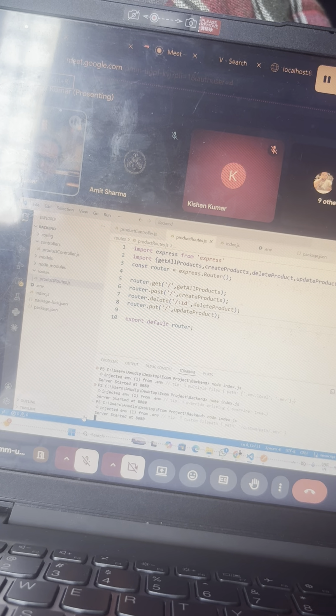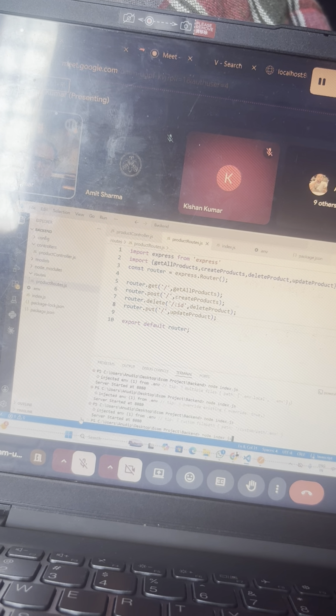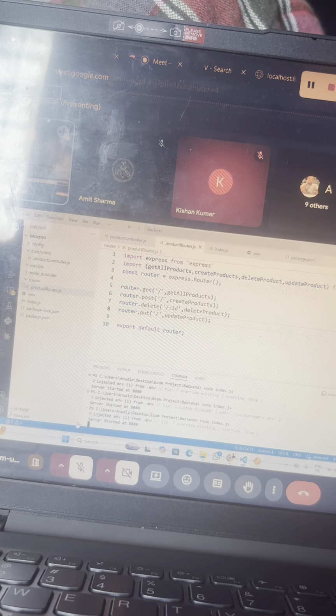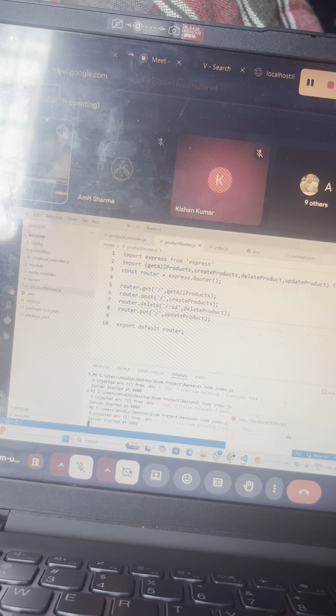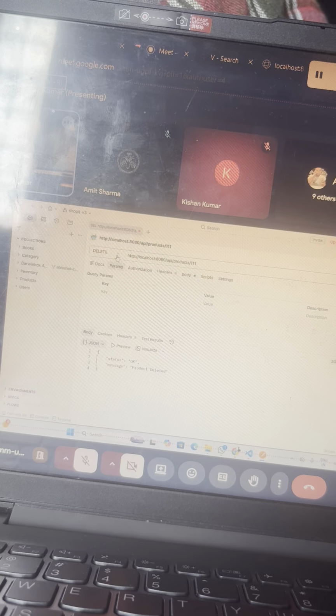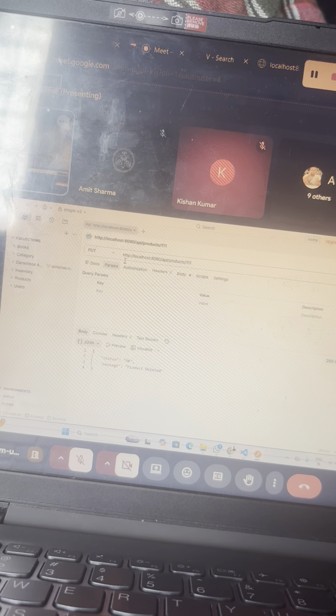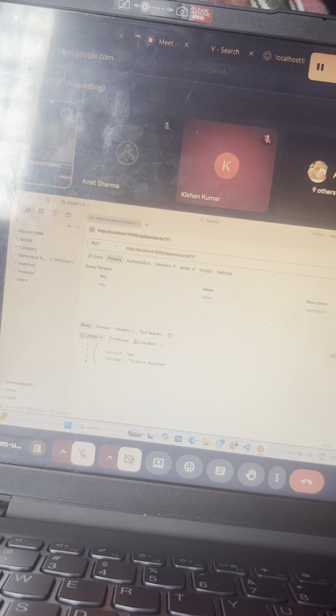Whenever you are making changes, if you are not using nodemon, then you have to execute this command, node index.js. Now I want to call this update functionality. So here we have to select put, and when I send a request,